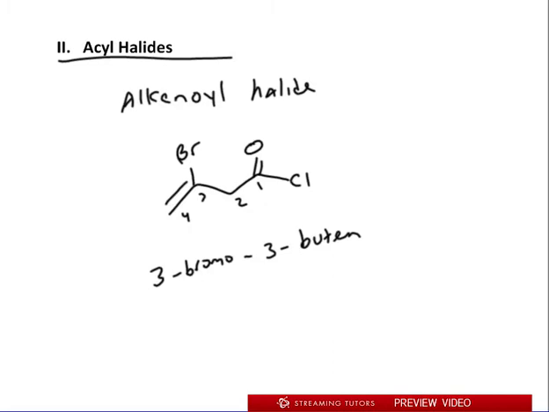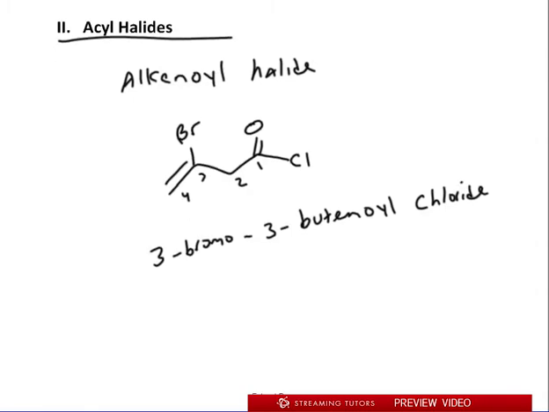But if there's one double bond I usually put it before the parent name. 3-butene, and then add, instead of E, oyl, butenoyl chloride, and you're good to go. See that? So 3-bromo-3-butenoyl chloride. Notice how we didn't have to say where the Cl is because we know it's going to be number 1. Okay? All right. So there's an example of an alkanoyl halide. This could be anoyl or enoyl or ynoyl, depending on double, triple,